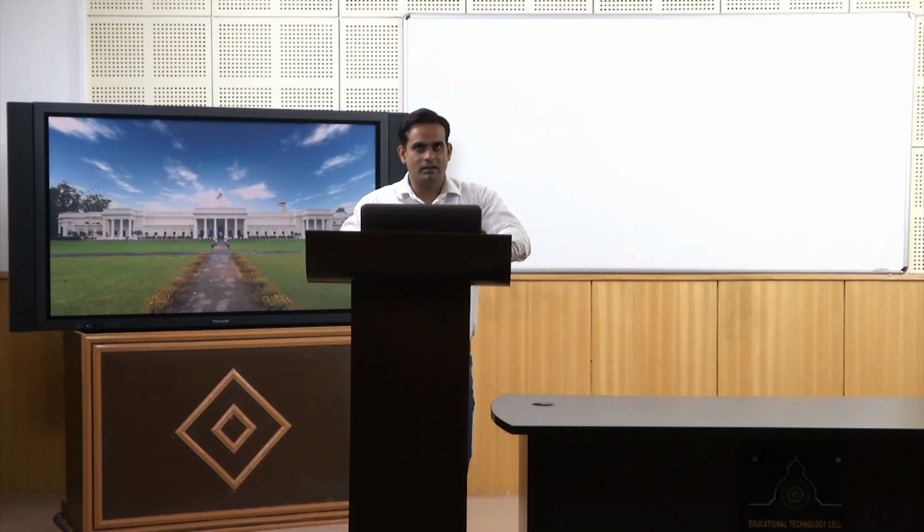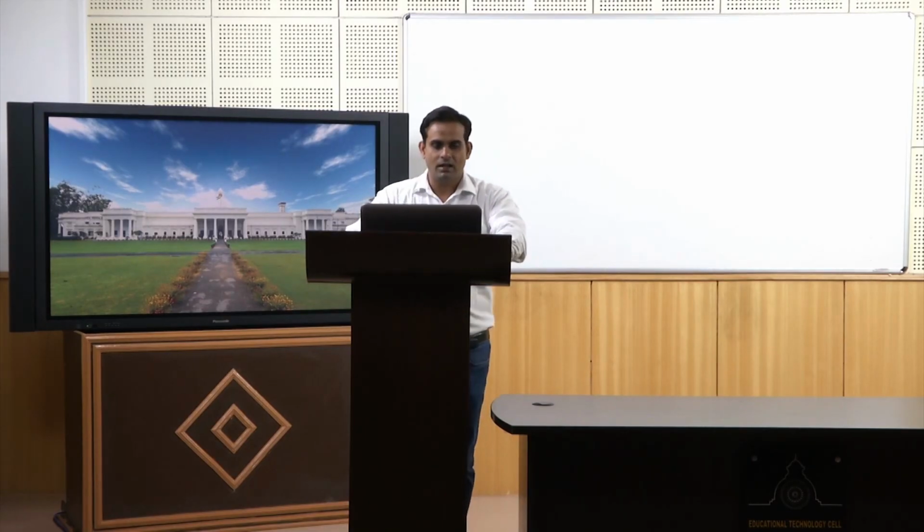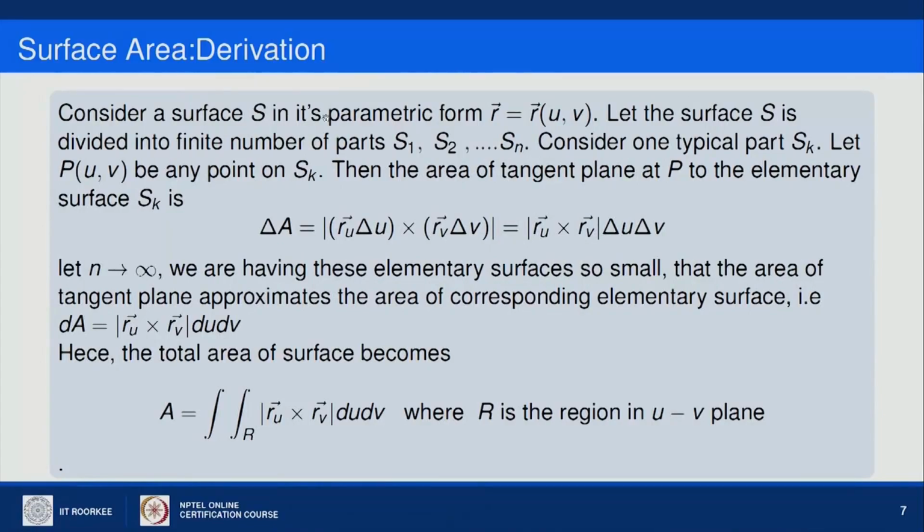Now let us define the surface area with all these. So consider a surface S in its parametric form R equals R(u,v). Let the surface S be divided into a finite number of parts S1, S2, ..., Sn. Consider one typical part Sk. Let P(u,v) be any point on this elementary part Sk. Then the area of the tangent plane at P to the elementary surface Sk is given as del A, and del A will become Ru del u cross Rv del v,